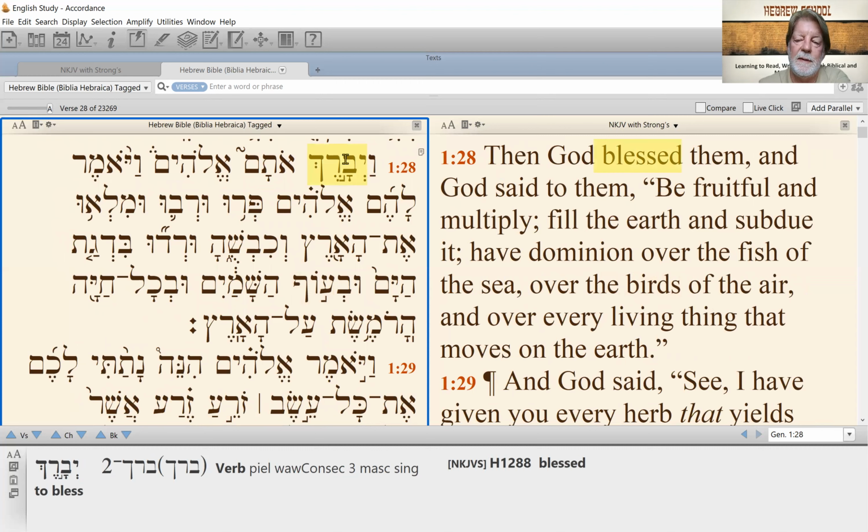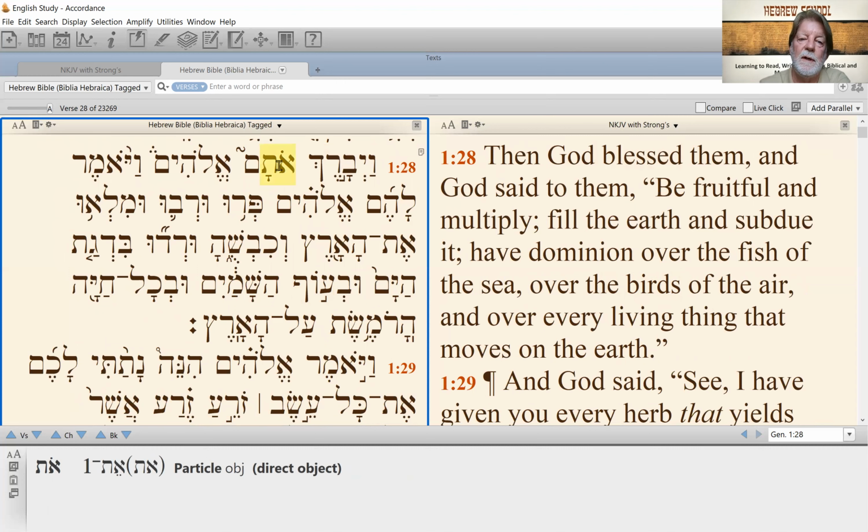Vayevarech, and he blessed otam, God blessed them. Elohim is the subject. Elohim yevarech otam, them, that would be the man and the woman. Vayomer, and he said, lachem, to them, Elohim, again the subject, God said to them, Peru, be fruitful, urvu, and multiply,